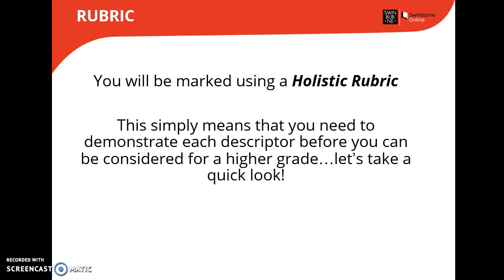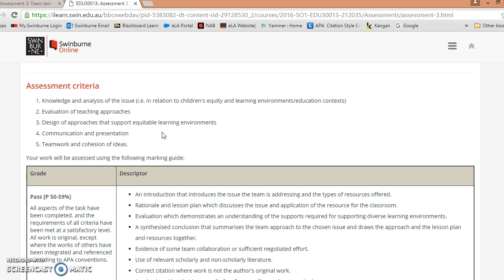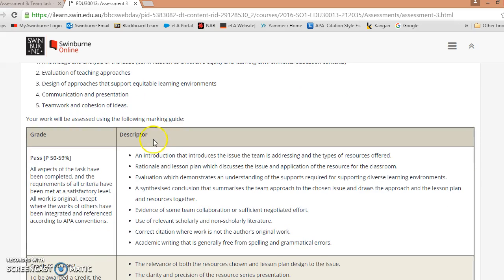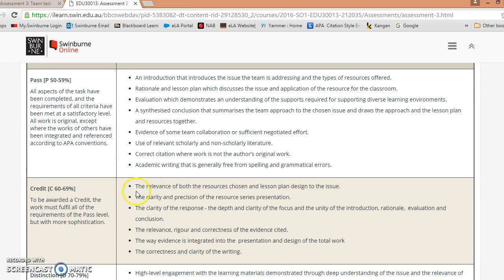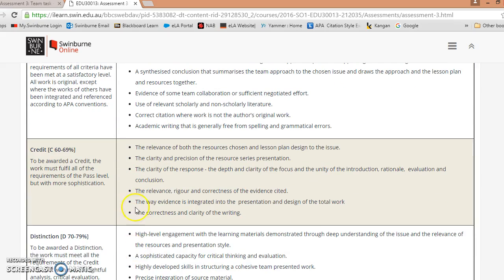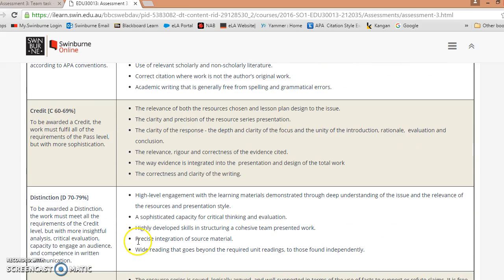And as I said before, you'll be marked using the holistic rubric. This simply means that you need to demonstrate each descriptor before you can be considered for a higher grade. So let's take a quick look. For the pass grade, you would need to meet all of these dot points here. So there's 4, 5, 6, 7, 8 before we could consider you for a credit. And then if you met all of those 6 dot points, then we could consider you for a distinction.